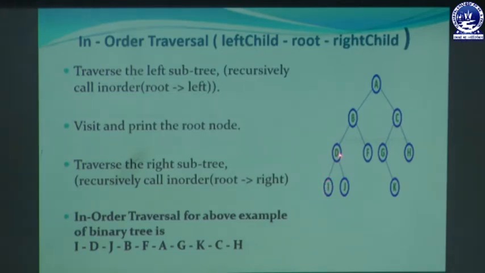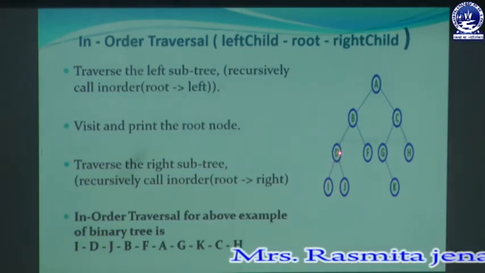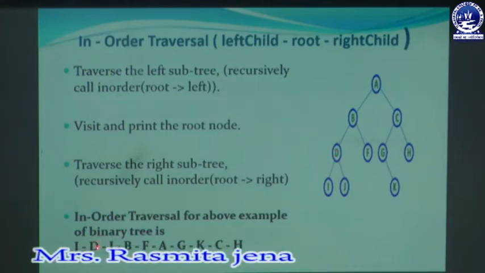After that, this is our last node present in the left subtree. So, first visit the node I. You can see here that node I is visited first. As per the steps of the in-order algorithm, when we visit the left subtree, after that we visit the root node of that left subtree. The root node of this left subtree is D. So, after visiting I, we visit node D. Then D is visited.